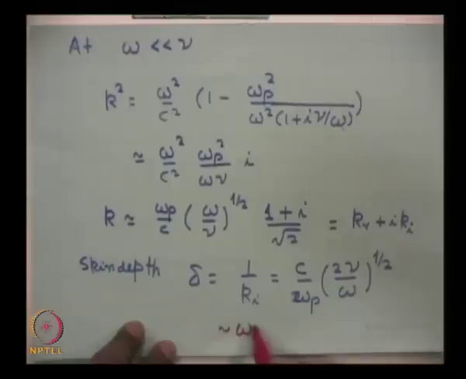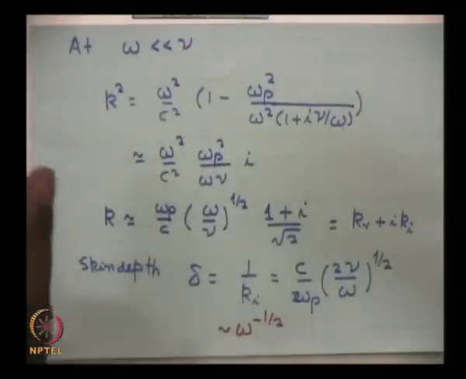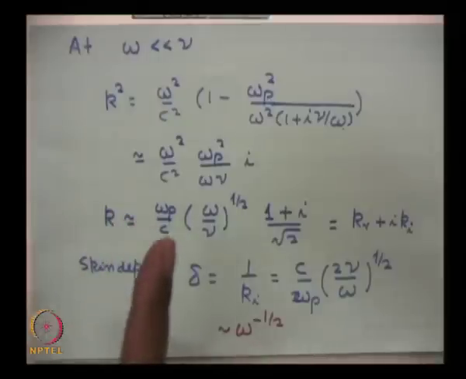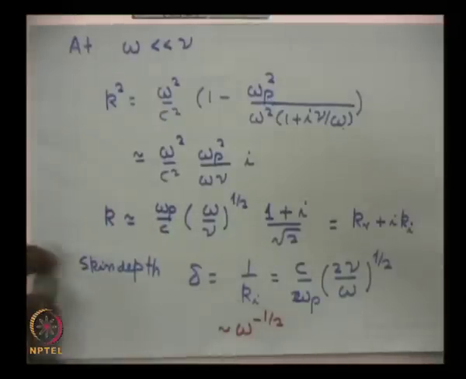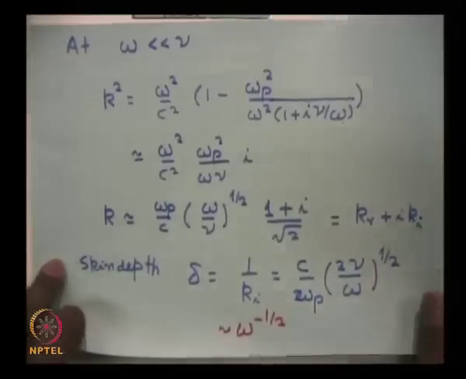So this goes as omega to the minus half. Please note, at omega much bigger than nu, we found that the skin depth was like C upon omega p kind of thing, whereas this is like this here. So if I plot a graph of skin depth versus frequency,